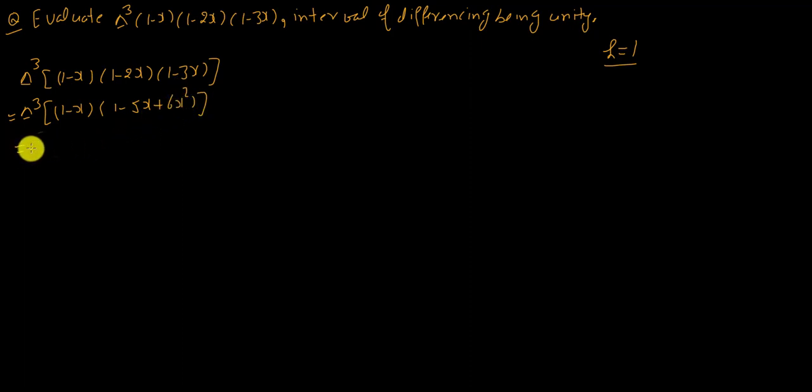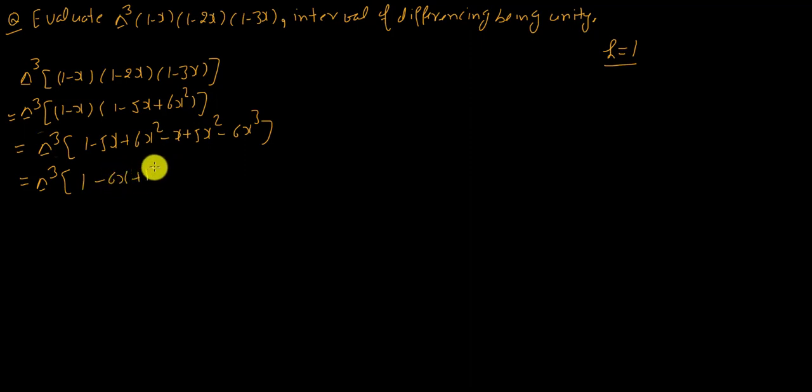Now this is further equal to delta cube. This will be 1 minus 5x plus 6x square, minus will multiply minus 5x square minus 6x cube. Now collect the powers of same degree terms. Okay, so this will be 1 minus 6x plus 11x square minus 6x cube, and